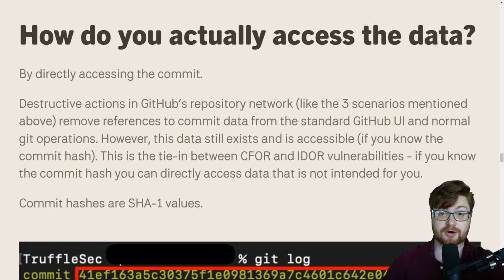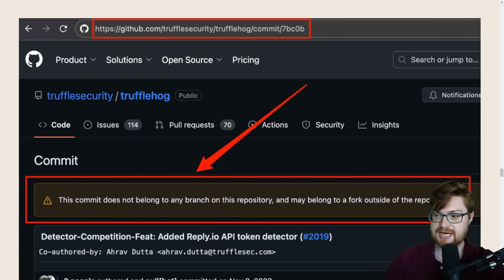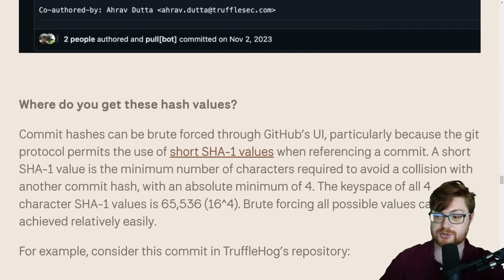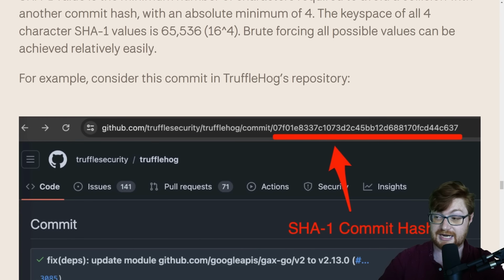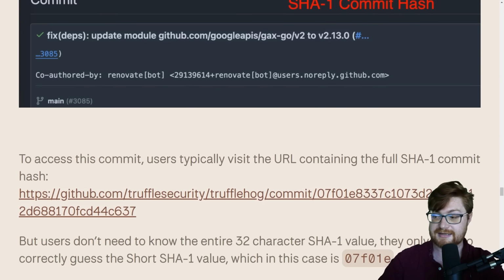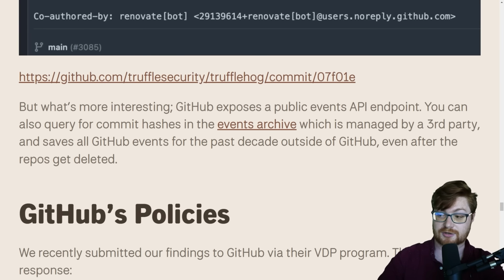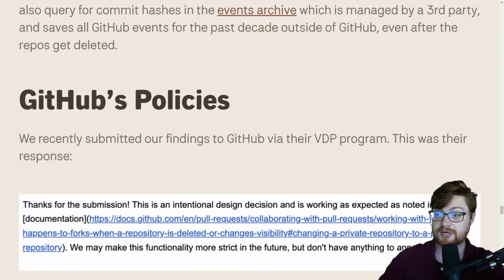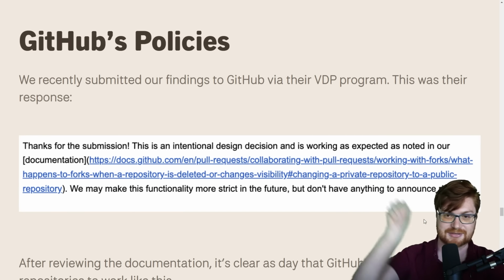Now, the rest of the article showcases everything that we have already, noting the SHA-1 commit hash and then how it could be shortened down to the short SHA-1 hashes. Minimum of 4 being the length, that gives us a possible key space brute forcing about 65,536 characters. Obviously, when you bring that up to 5 characters or 6 characters in length, that's going to be much larger. Truffle Security has added this to their Truffle Hog tool, which is open source. It's something pretty cool. You can go use this in a probably better and more sophisticated way than us just spamming the URL on GitHub.